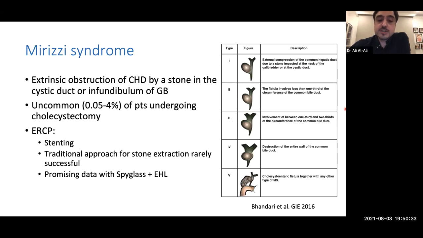However, with the introduction of spyglass, there are some promising data for patients with cystic duct stones causing Mirizzi syndrome that are managed endoscopically, and I'll show you a video now. This is becoming, I guess, I don't want to say a first line yet, but a valid option in patients who underwent cholecystectomy and now present with a cystic duct stone causing Mirizzi syndrome, where really you don't want to take them back to the OR because it might be quite complicated surgery, and spyglass has really changed the